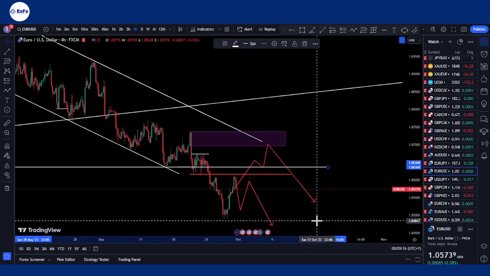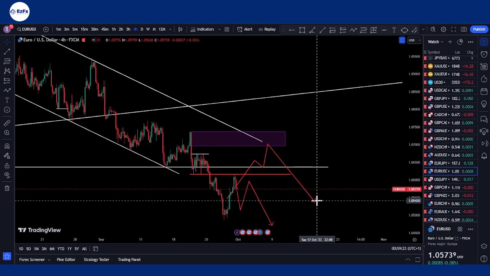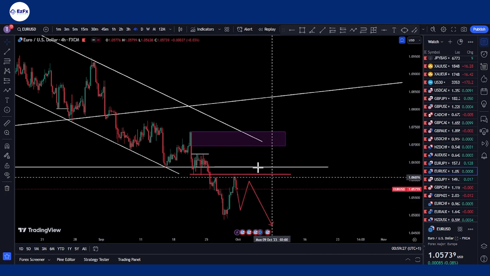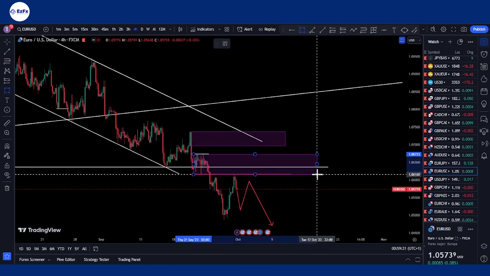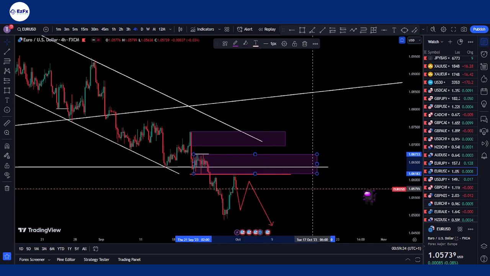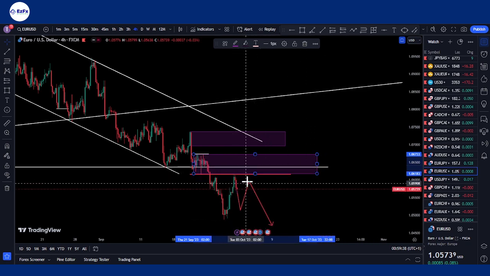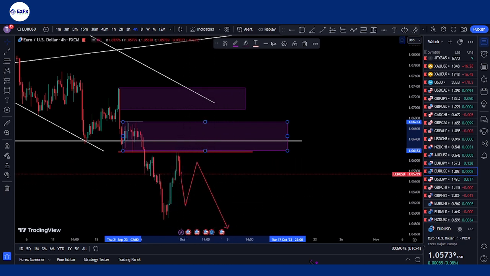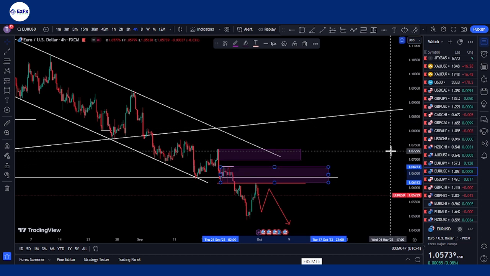In any case, my bias for Euro USD would be for a buy to sell. Let me delete this. Personally, I also want to go with this, because this looks more ideal. So, rather, rejection. Can you see, maybe price just buying a little bit into this zone, and then we get to see that continuation for the sell. Overall, our bias on Euro USD is bearish.